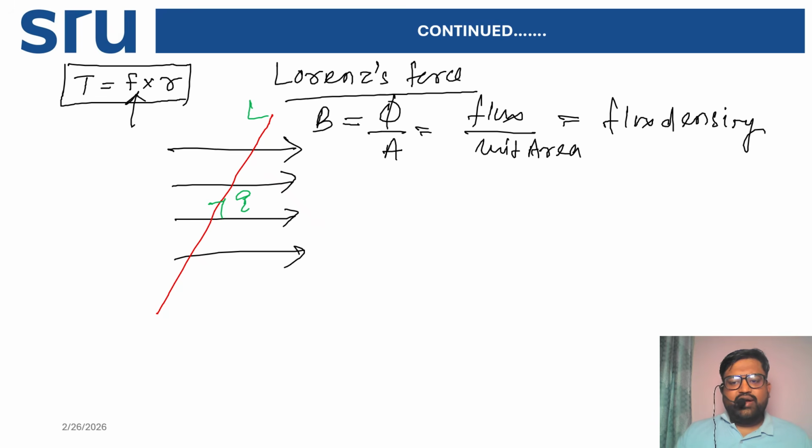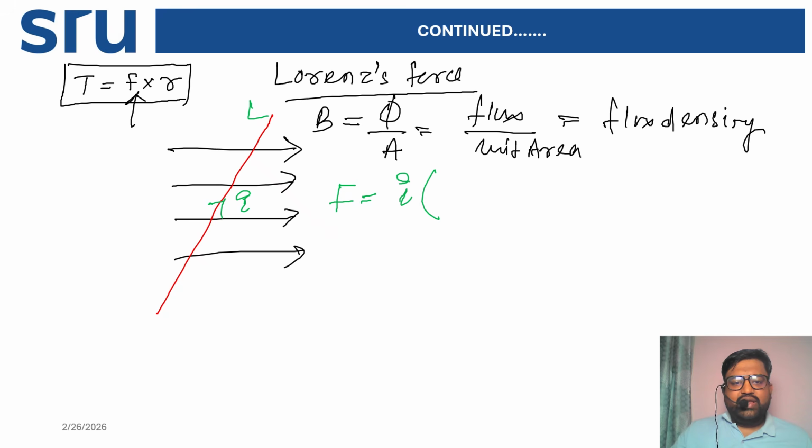As in physics, we already understand the Lorentz force. What will happen if a current carrying conductor, with current flowing across it, is passed through a magnetic field? A force will be exerted on the conductor, by which this conductor will move up or down. That's why the formula will come: F is equal to the current across this conductor